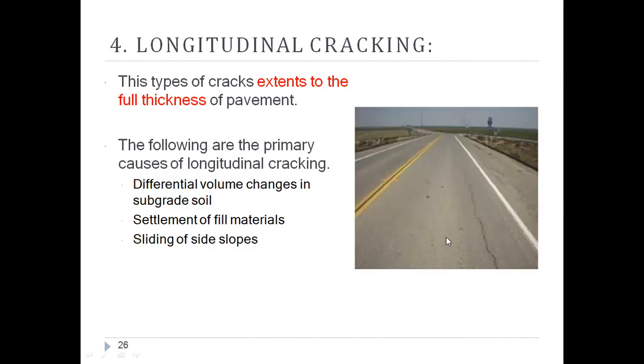Previously we have said that the drainage, the sewer lines which we provided on both sides of the road, here if the rainwater percolation cannot be done, and if the sewer lines are not provided with any embankment, the soil erosion on both sides can be seen, and the soil beneath the track can be eroded by this water. Eventually these types of longitudinal crackings can be seen.